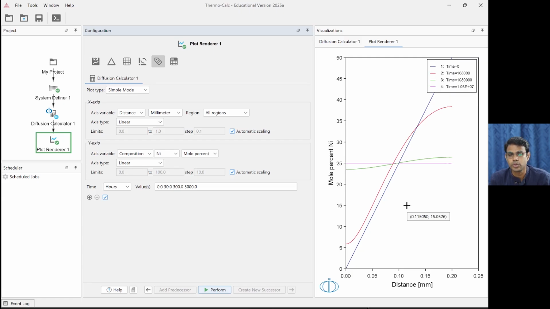Okay, you can imagine how useful this is. If you want to do actual trial and error to optimize this homogenization heat treatment time, how much effort should be there, how much material and manpower should be wasted. Here you can see this can be so beautifully simulated. Even up to 3000 hours, within a matter of minutes we have completed it. So this is the usefulness of diffusion simulation. We will see phase transformation simulation in the next class. That will be even more interesting.